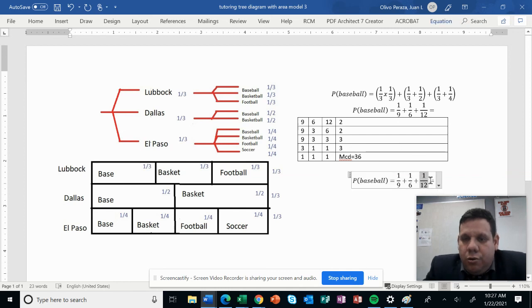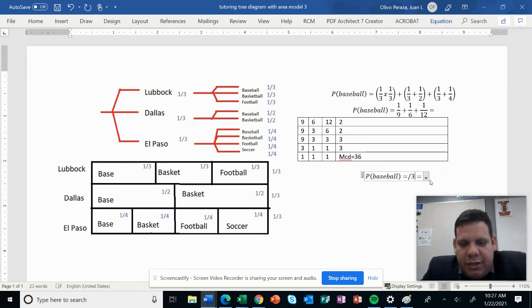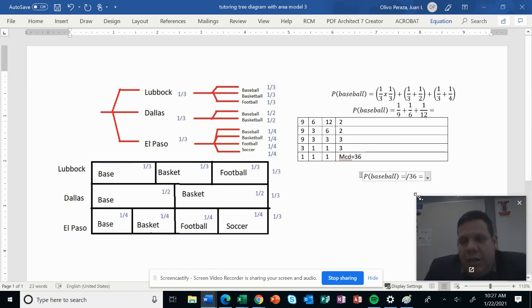So I can write the 36 because it will be the minimum denominator. Everything here will be divided by 36. This is for sure. So if I affected the denominator to make it 36, if it was 9 at the beginning and now it's 36,